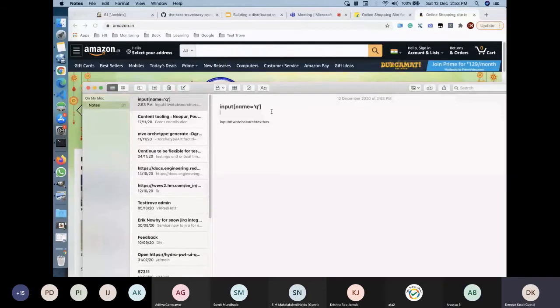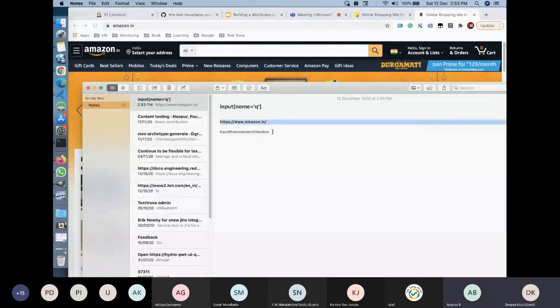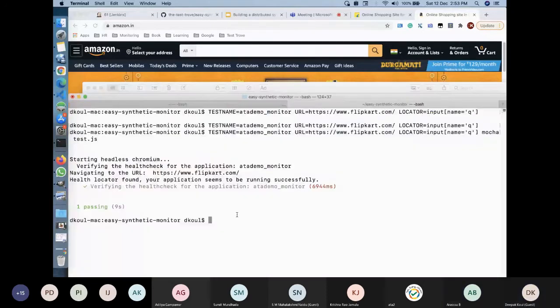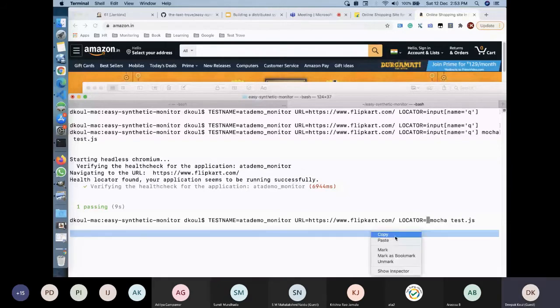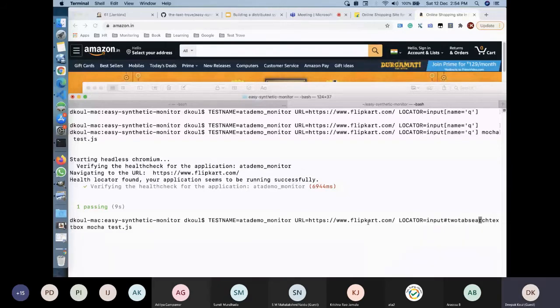Okay, so we have the URL, and I'll now go to the test again. I'll write the test name. So instead of this, I'm going to paste the new URL, and instead of flipkart.com, it is going to be amazon.in.